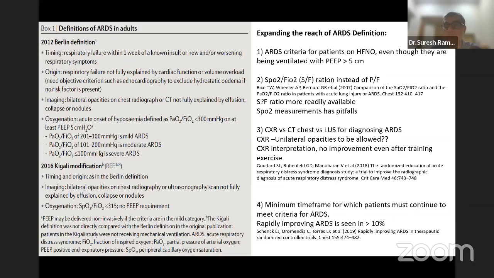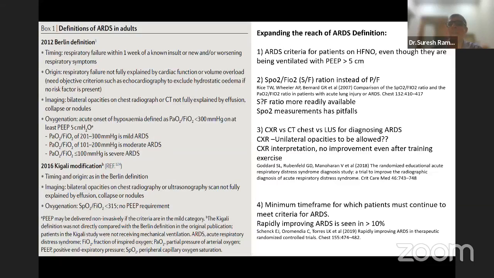So maybe some diuretics or some other thing. So 10% of patients do not have ARDS in 24 hours. Should we wait for 24 hours before we call this ARDS? These are the few issues that crop up when we talk about the definition of ARDS. But as I said, the topic today is not to debate whether we have a consensus on the definition of ARDS, or whether we need to proceed any further. Yes, we still have a long way to go to define this entity, but it gives you a broad idea as to what's happening.